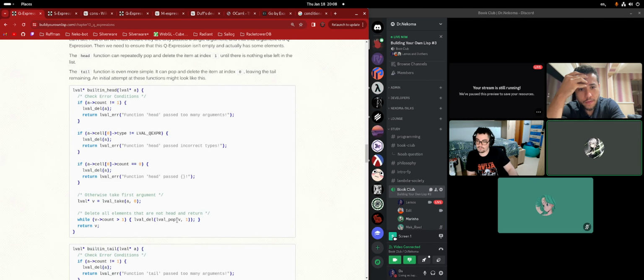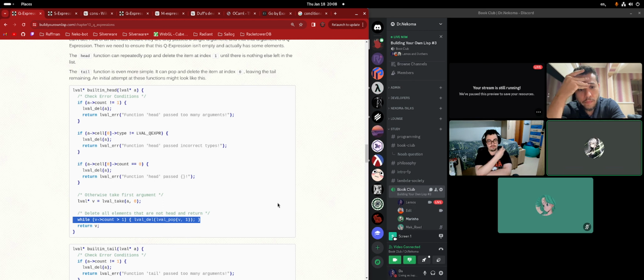Because the value you took, you take V, so the rest of A is deleted. Then if V has more than one element... But how can V have more than one element?